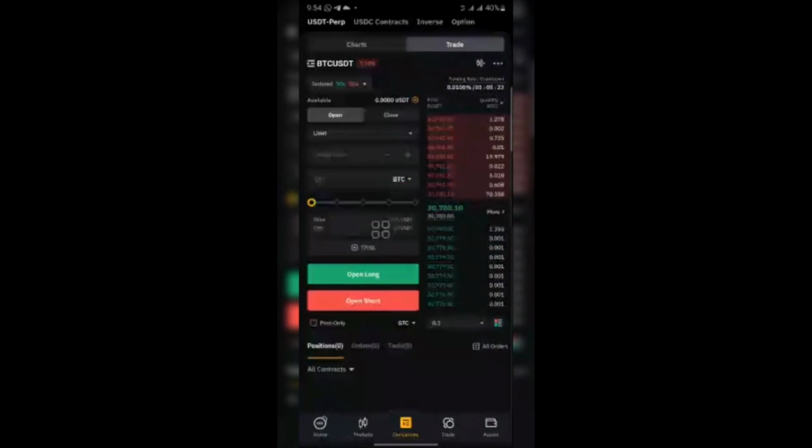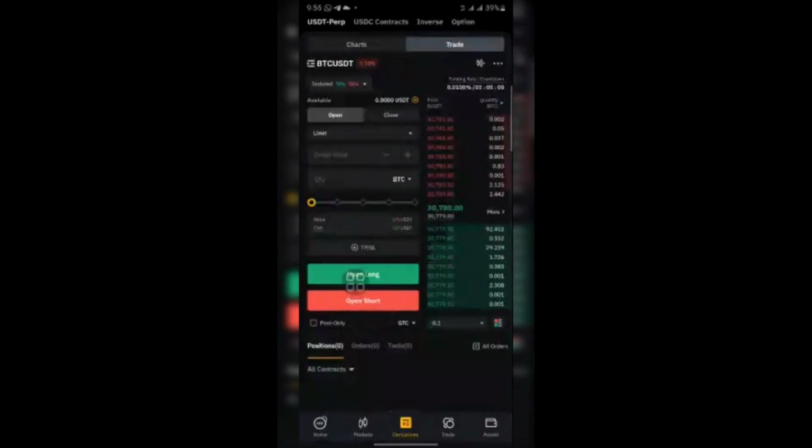Our time is fast fetched, that's why I didn't actually bother, but that's how to do it. Nothing special. Do you get? So then you click on open long or open short. Open long, that is, you want to long the market or you want to buy. Click on open short if you want to short the market, or sell. Do you understand? Now that one is actually much easier than Binance.